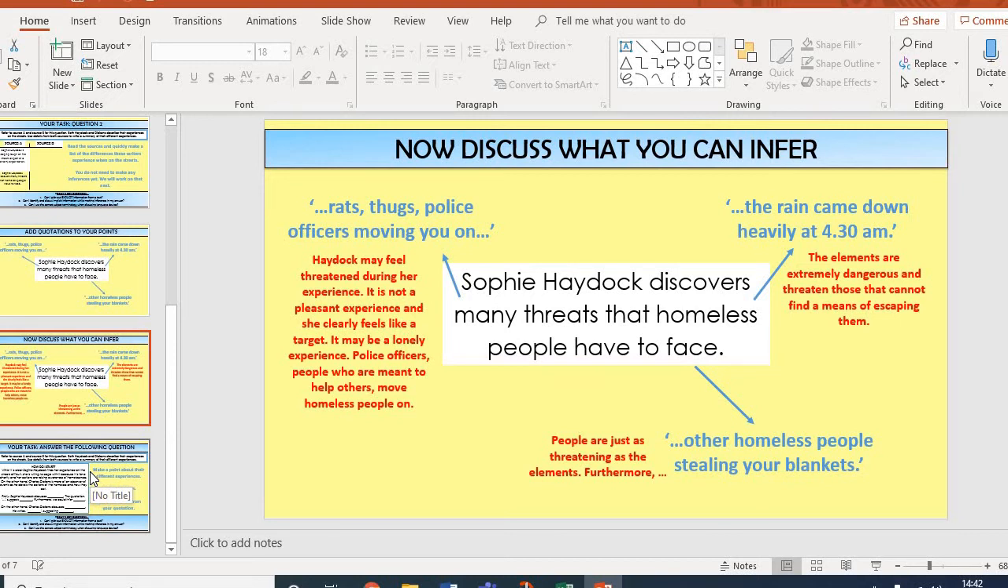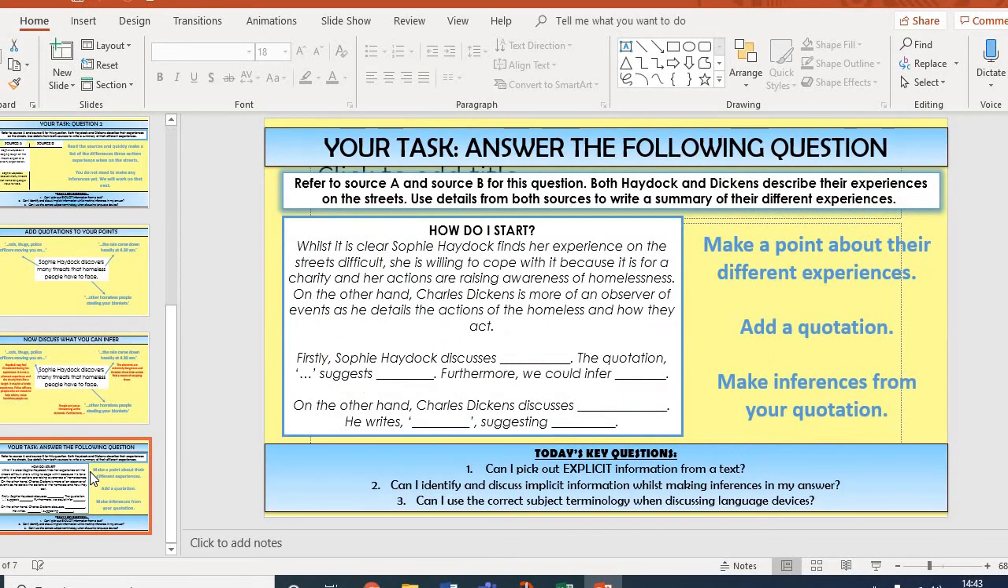The last thing I want you to do, and this again is to be done in your exercise books, is to actually answer the following question. Refer to source A and source B. Both Haydock and Dickens describe their experiences on the streets. Use details from both sources to write a summary of their different experiences. So I've given you an opportunity and a start on this, and if you look at this, what's really important